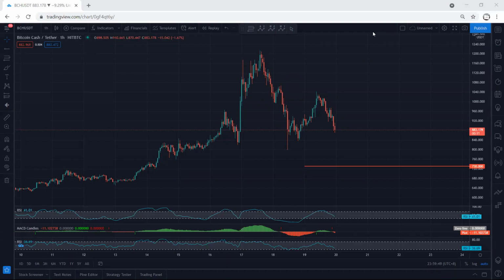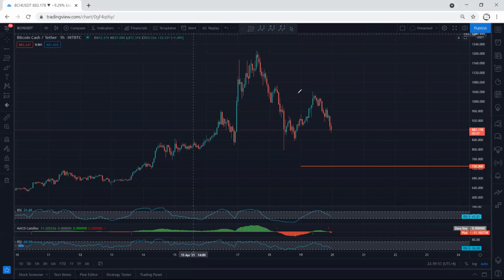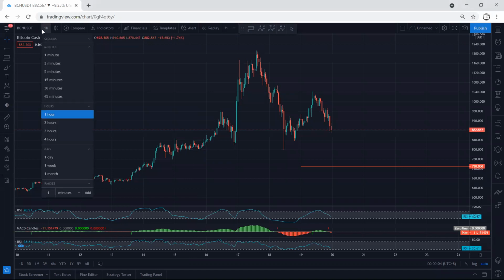BCH, we start with the 1 hour chart. If we refer to our analysis in my last video, when the price was here, we mentioned the different possibilities, and we kept mentioning the possibility of the price dropping, and this is what we got. And we even mentioned how we can look for a sell, because if we get any sell setup,